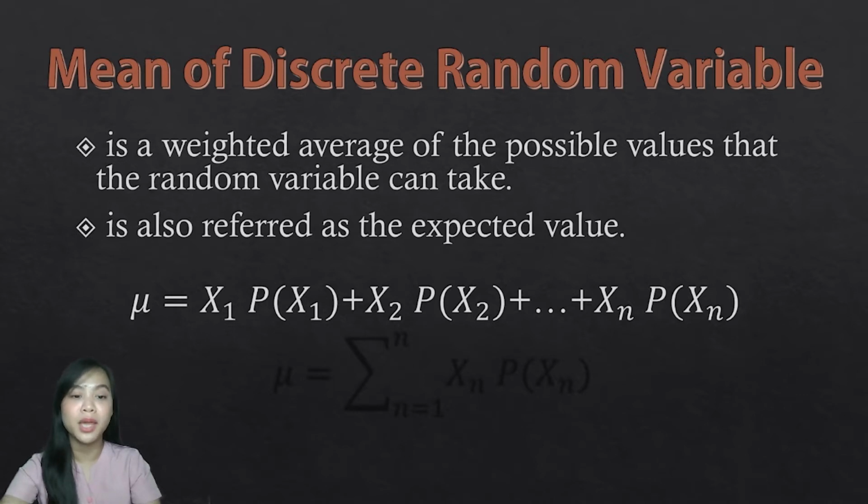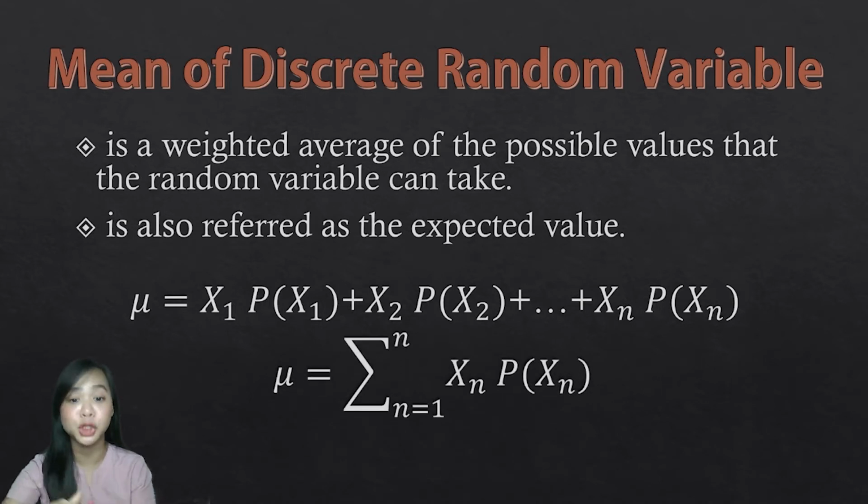The formula is x sub 1 multiplied by its probability, plus x sub 2 multiplied by its probability, up to x sub n multiplied by P of x sub n. For simplification of our formula, it is just the summation,